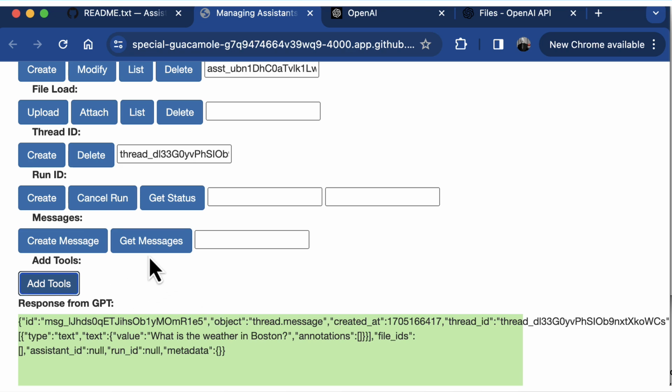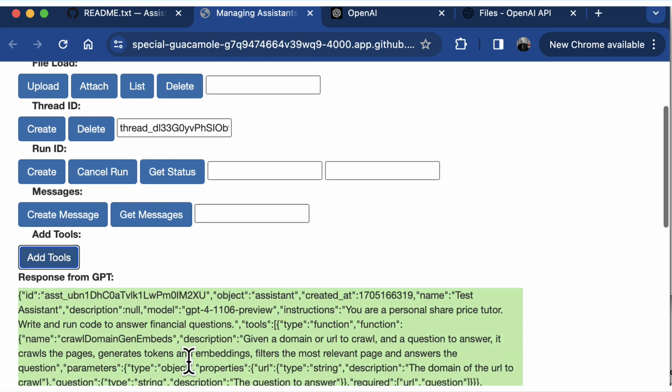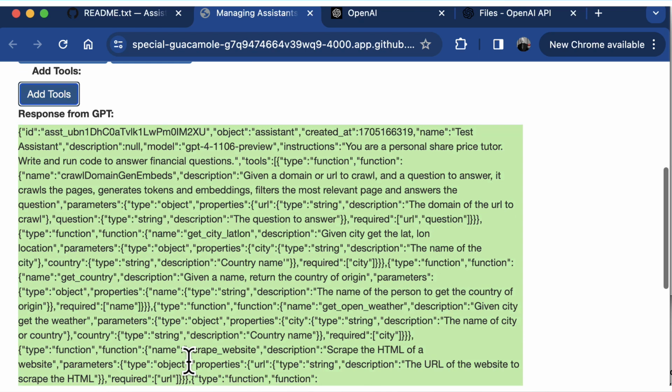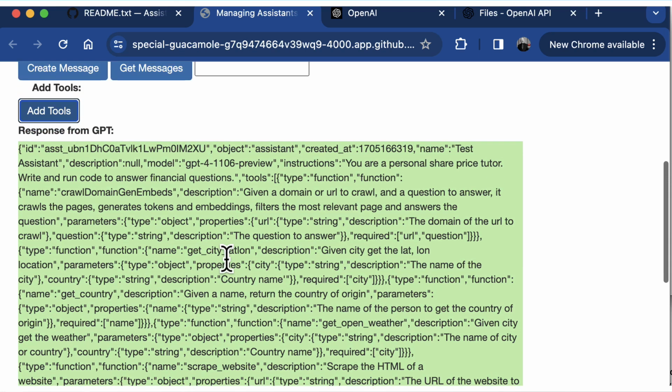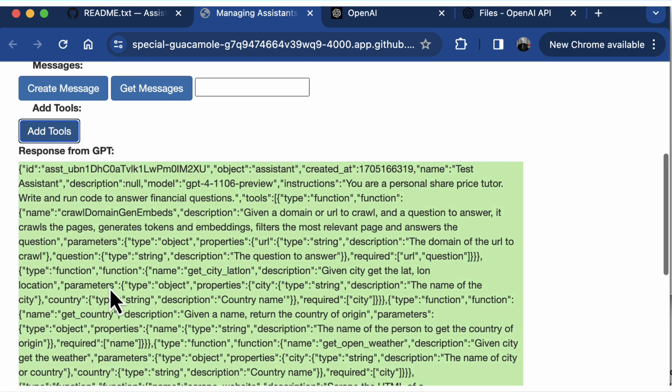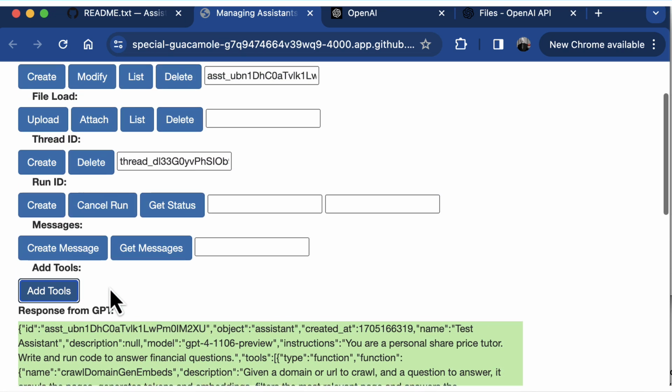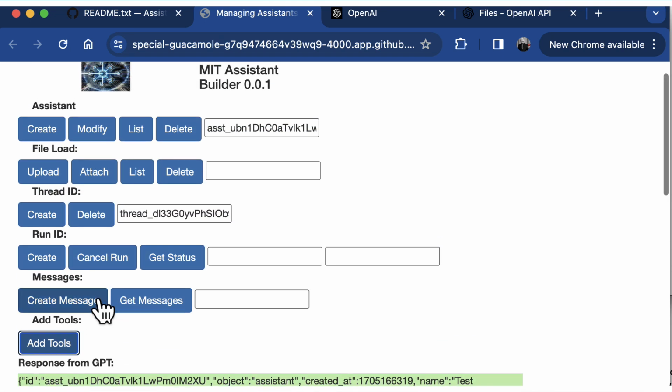Usually I add the tools before I create the message actually, but that's fine. So here you can see I'm adding quite a number of tools. This voluminous output here we can cut down later. I'm leaving it in for debug purposes. Now I can create, or rather run,